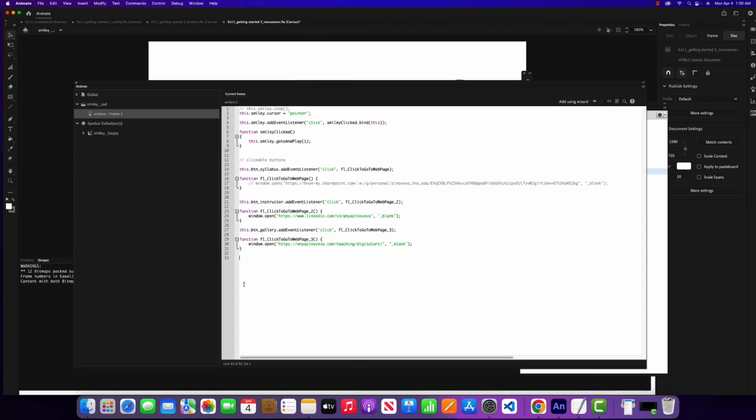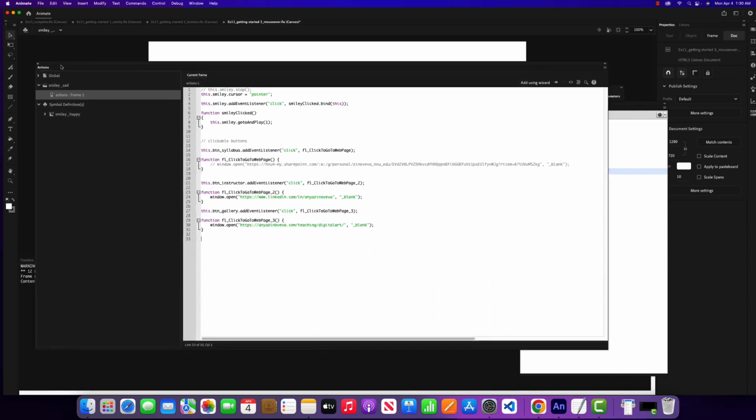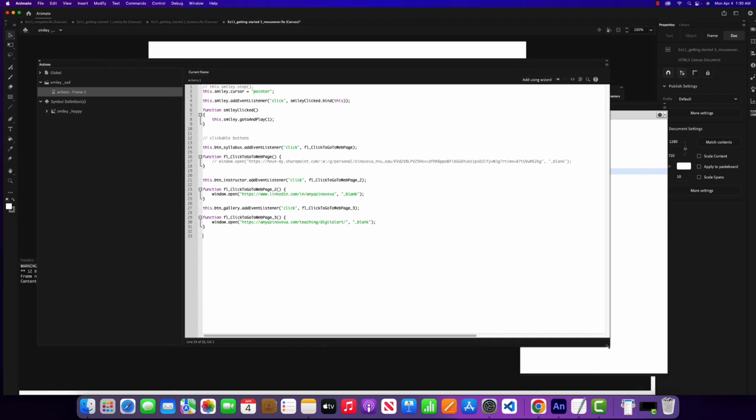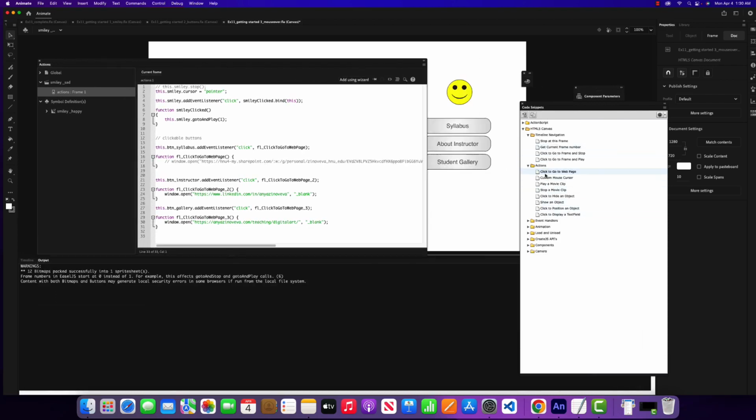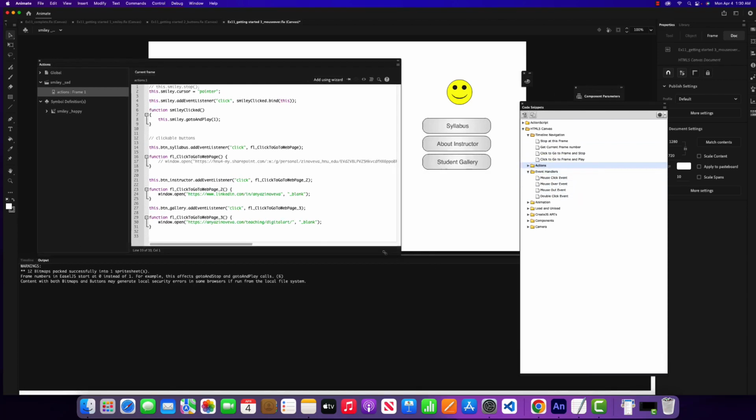So I have created the clickable buttons, and actually no, I don't have the, so I'll do it from scratch. Let's go again to the code snippets, and let's add another event handler, and